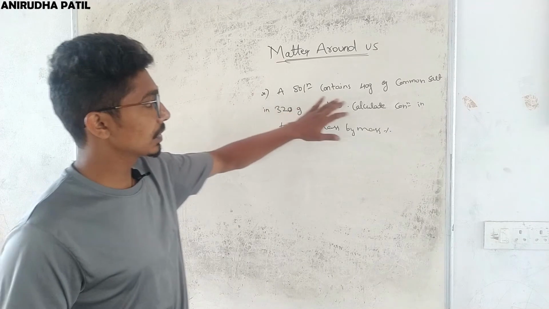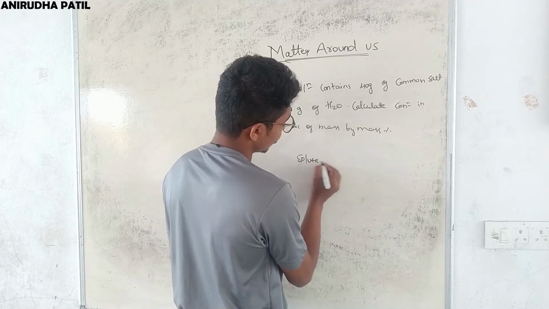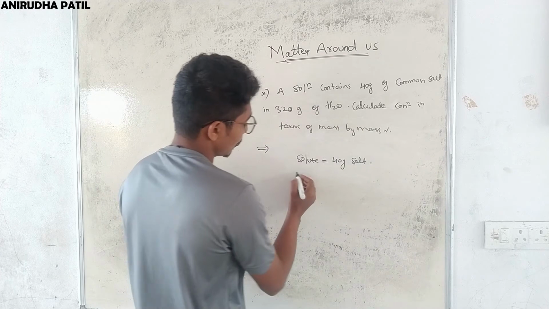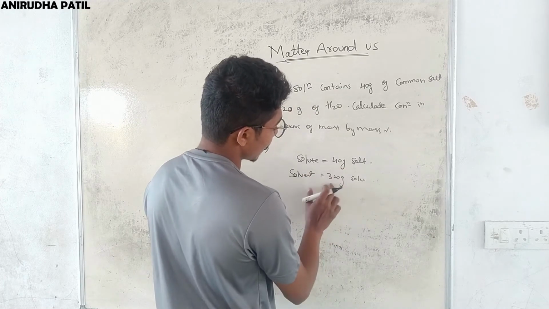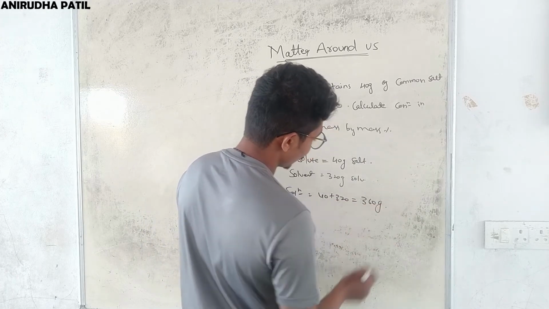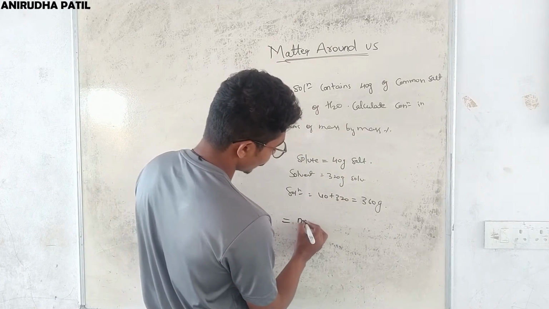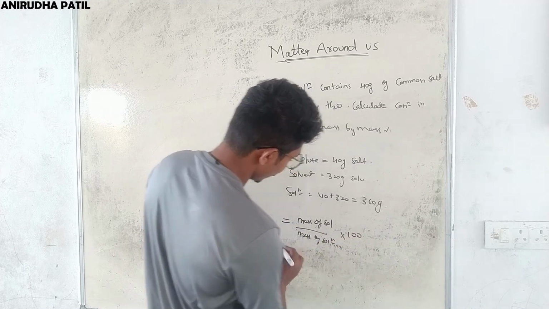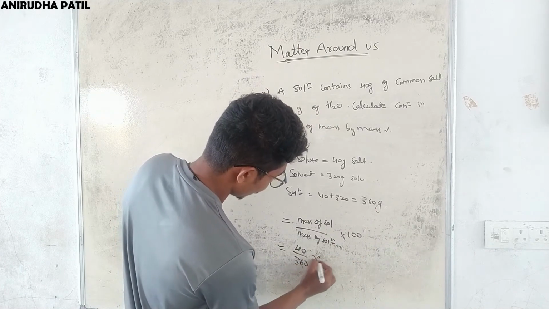So the problem states that a solution contains 40 gram of common salt. So what is solute? Solution contains 40 gram of common salt. So solute is 40 gram of salt in 320 gram of water. That means this is a solvent. So what is solvent? 320 gram of solvent. So this is mass of a solute and this is mass of solvent. So mass of solution turns out to be 40 plus 320 gram, that turns out to be 360 grams. Okay, so calculate concentration in terms of mass by mass percentage. So what the formula suggests that mass of a solute upon mass of a solution into 100, right? So mass of solute is 40 gram and mass of solution is 360 gram into 100,